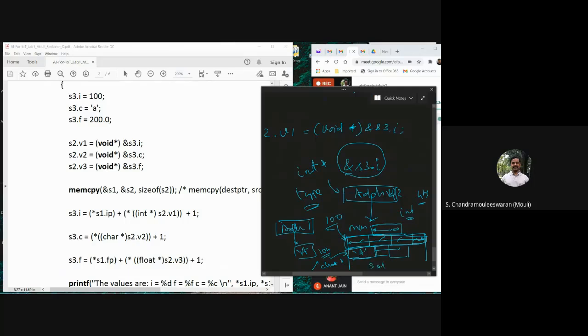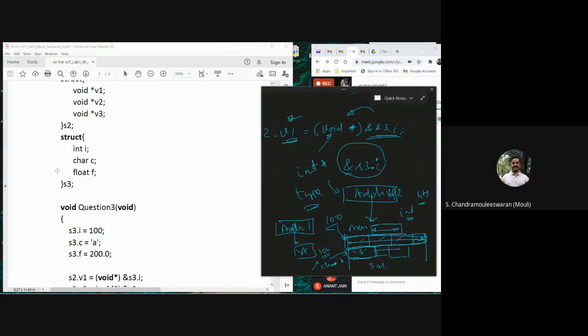Now, when I have this address and then I typecast it to void star, what I am doing is that the same address value is copied into this variable. I am doing this because the compiler will complain if I don't, because I am assigning an integer pointer to a void star pointer, since V1 I have declared as a void star, right?